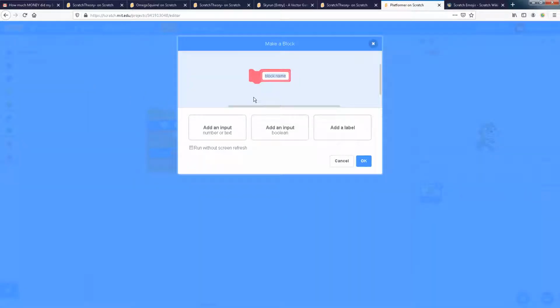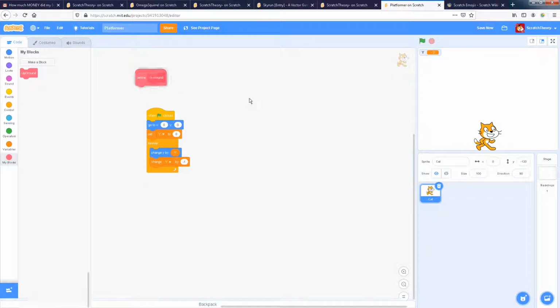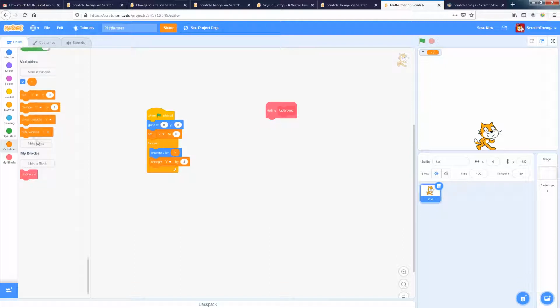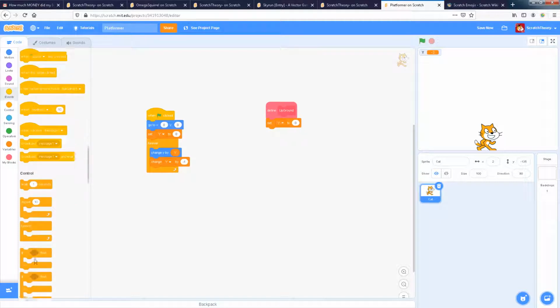It's going to be called up ground, and this is just my name for that. And run without screen refresh. We want it to happen instantly. So then what it will do is automatically set the y to 0. This is going to run when we touch the ground. It's going to start doing this script where it'll first of all set the y to 0 so it won't try to fall anymore, and then it will repeat until not